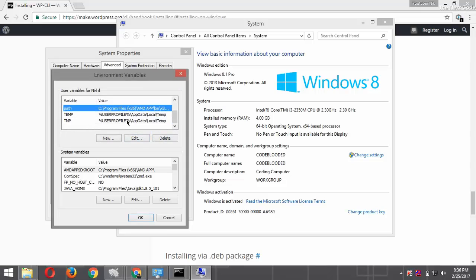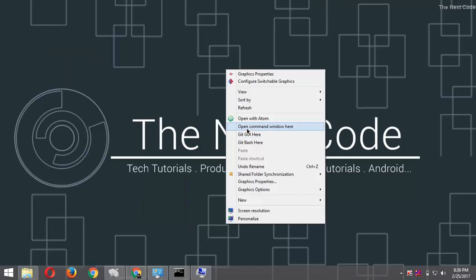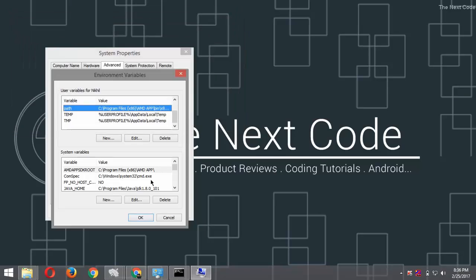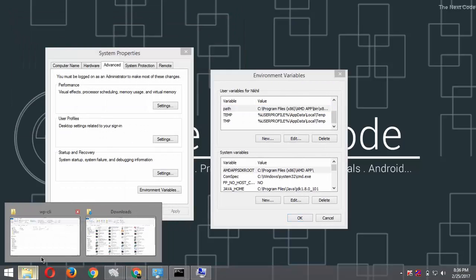To see whether it's added or not, let's run it on desktop. wp --info, it's not added. Yeah, so we will add it manually.